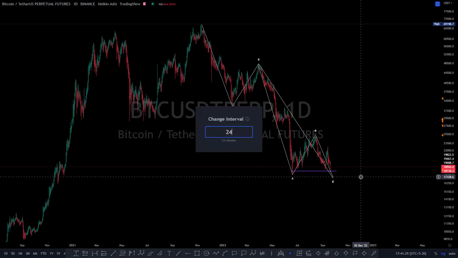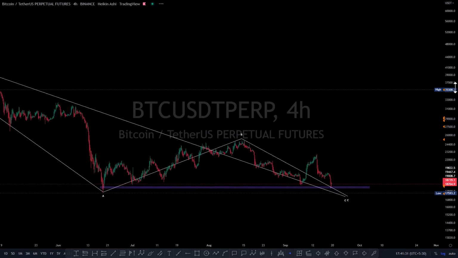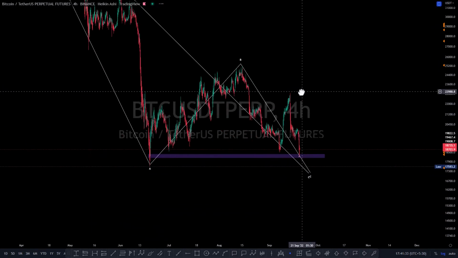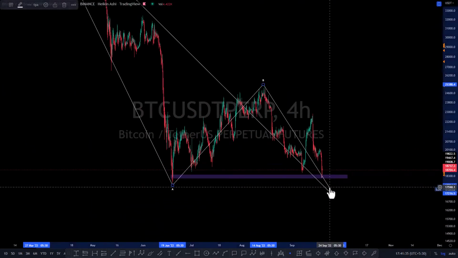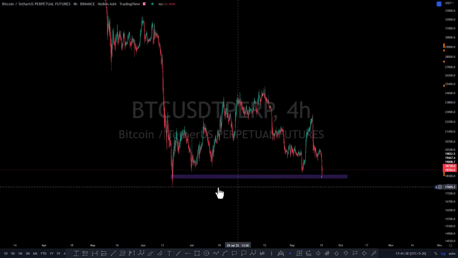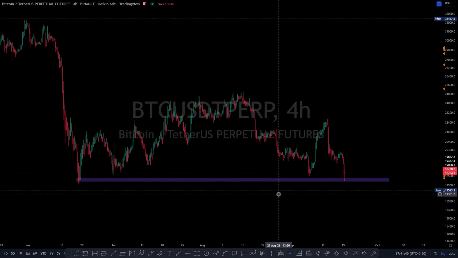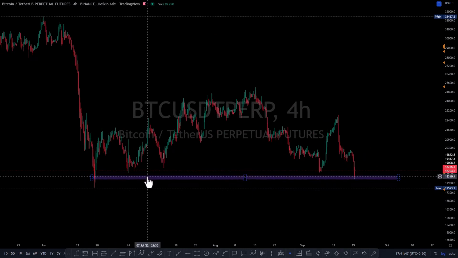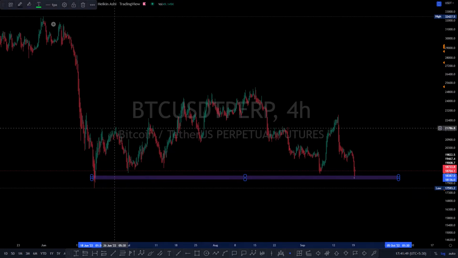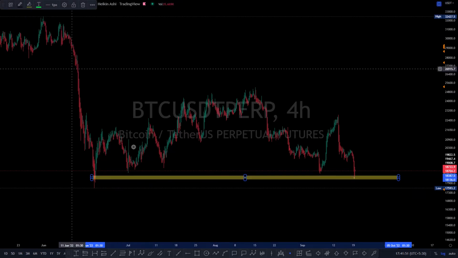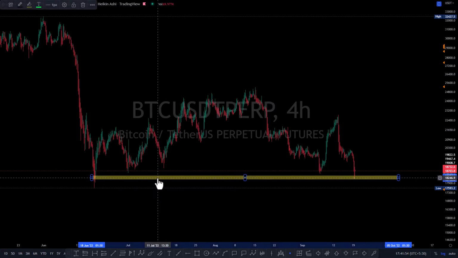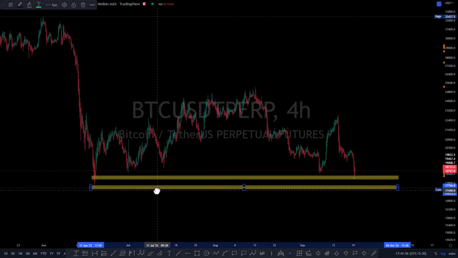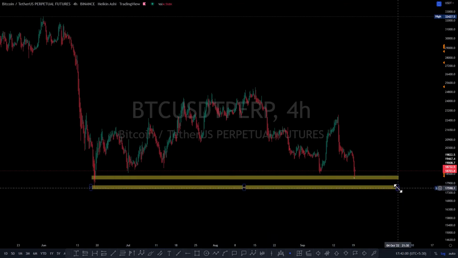Now if we zoom into the 4 hour time frame, you can see that we are approaching that level. If I just delete this, now I know that some of you are not familiar with the order book theory, but remember there is a lot of imbalance in this area, meaning there is a lot of liquidity in this area. So the first fair value gap or order block that I see is the one I have marked over here. This I had posted on Discord and Twitter in the morning today so that you guys have some idea. And the second one is this.